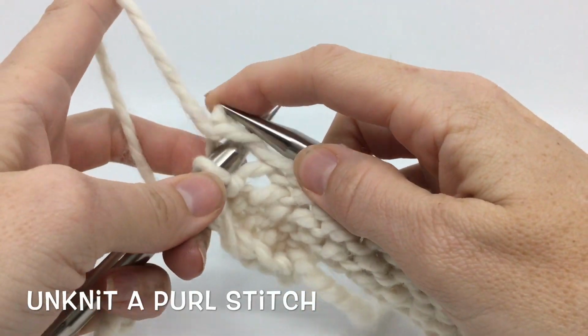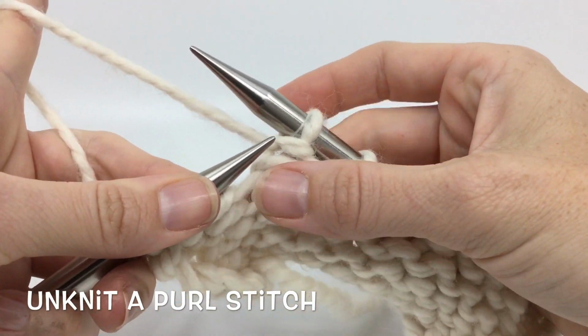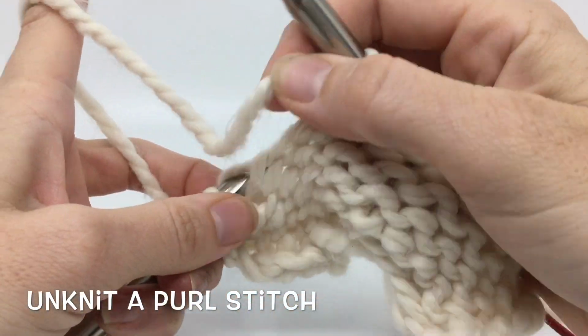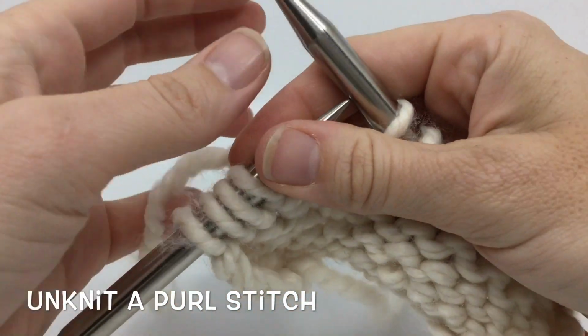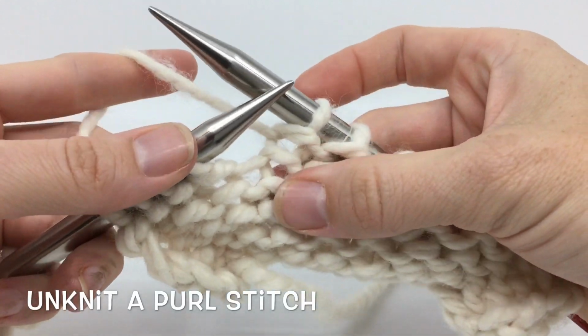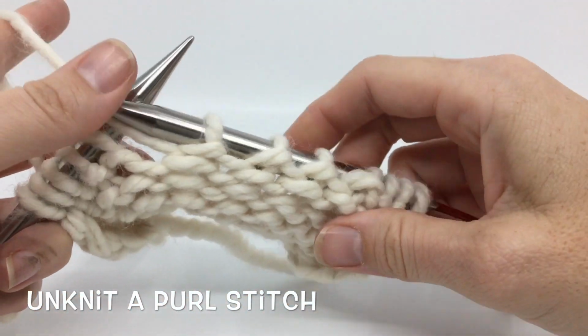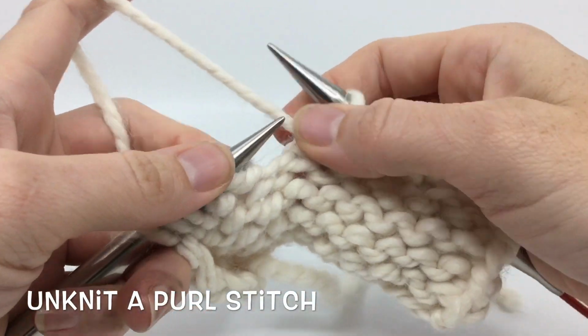So the smaller the yarn, the harder this will be, but using all of your fingers to kind of pull on your work will make it easier to see exactly where your needle's going to go to get rid of that purl stitch. So that is how to unknit or